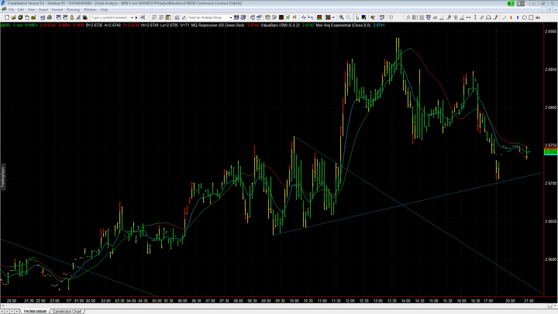You're not sure you understand ticks versus time and when to use. You can use either one at any time. What happens is tick charts will not have this. Okay, you see how this is all gappy in RBOB, for example? Tick charts won't have that because it only makes a bar after a certain number of trades. Time-based charts, if there's no trades for 2 hours, looking at a 5-minute chart, then the chart's just going to go sideways with a lot of bars. It's one of the reasons I like tick charts.